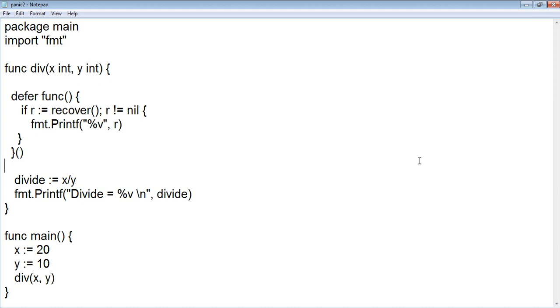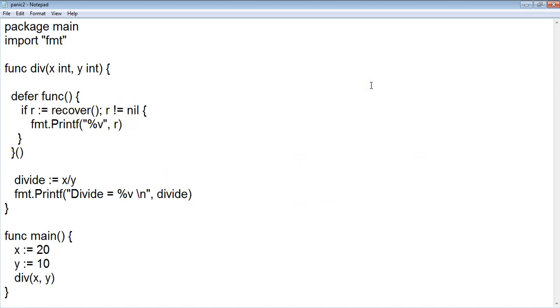Both are first of all built-in functions, they go hand in hand together. So panic stops the flow of control. When there is a runtime error or something like that, the panic function is executed upon the program, and the recover function is going to regain the control of the panic subroutine, nothing more than that. So if there is a runtime error, panic stops the flow, and the recover is going to regain the control of the program. Okay, so let's go into the program.